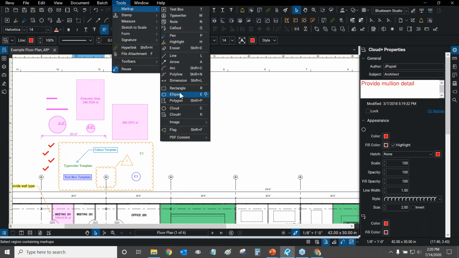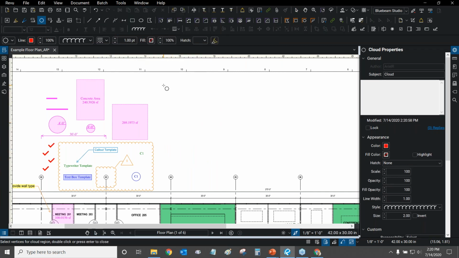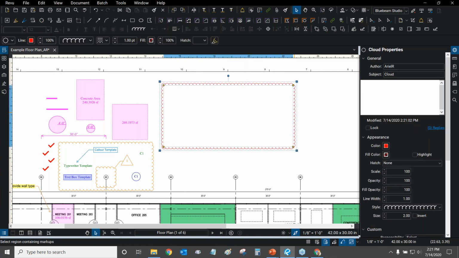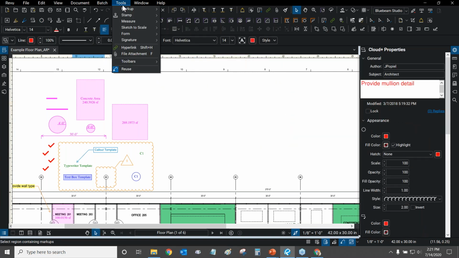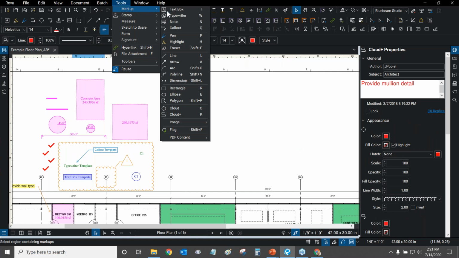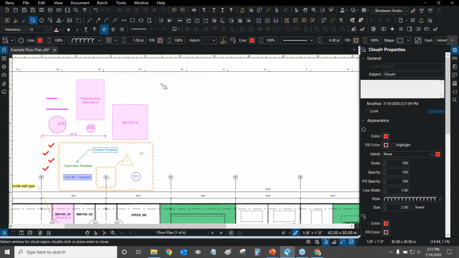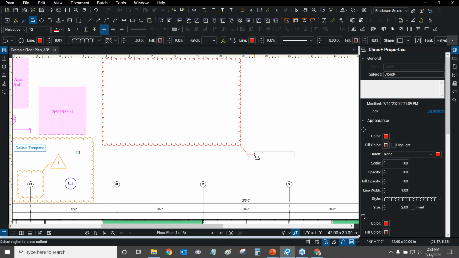If I want it to be rectangular, then of course, I can just click and hold my left mouse button and I can make a cloud just like that. So that's how you use the regular Cloud tool. Now let's make a Cloud Plus tool. We'll go to Tools and Markup and Cloud Plus. Now I can make the cloud first, so I'm going to make a nice little rectangle like that. And then immediately after, without having to click anything, I have the callout available to me. So I can make this callout and I can do anything I want with it. So now I'm going to put it here on the bottom right.